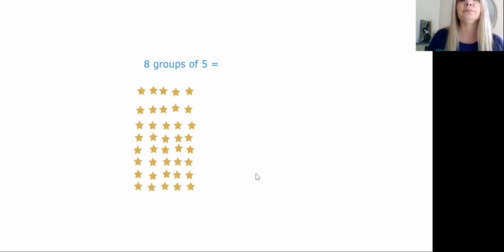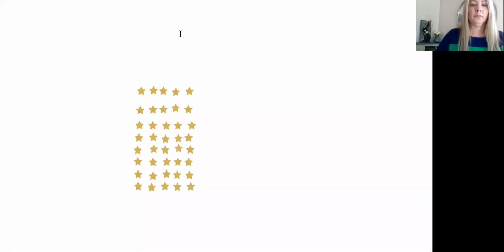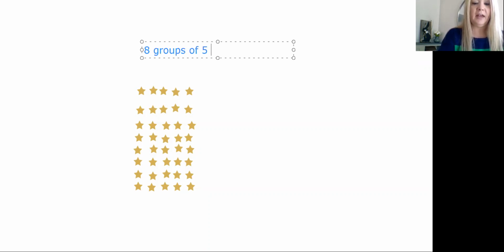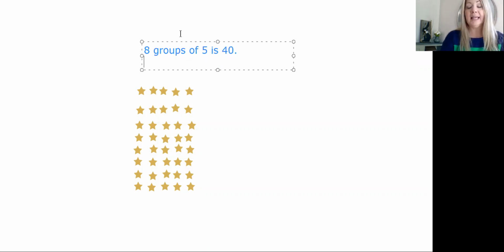And now this time, we could count our 8 groups of 5. 5, 10, 15, 20, 25, 30, 35, 40. We get the same answer up here, which is not going to work for me. So here we go. We have 8 groups of 5 is 40, which would be the same as